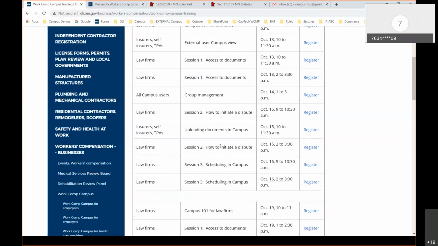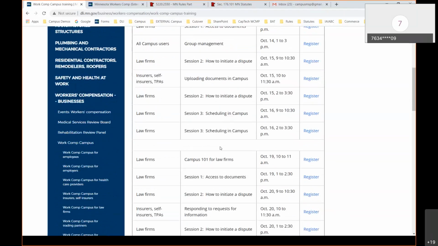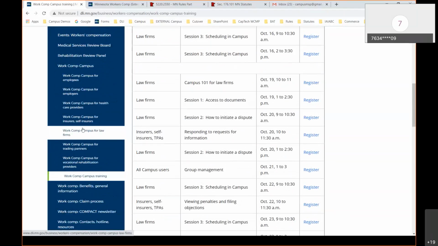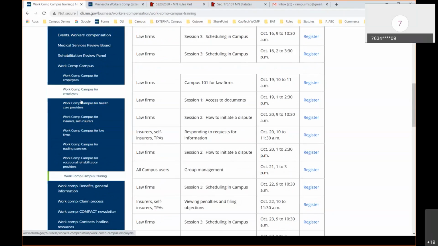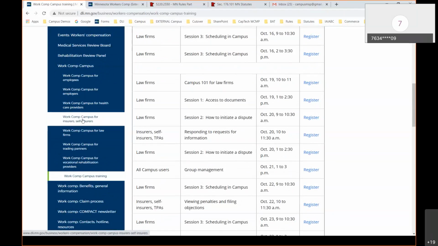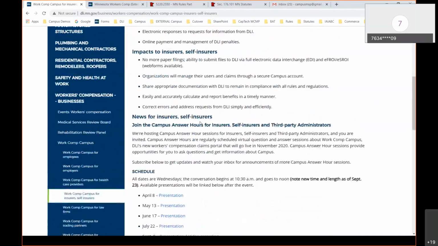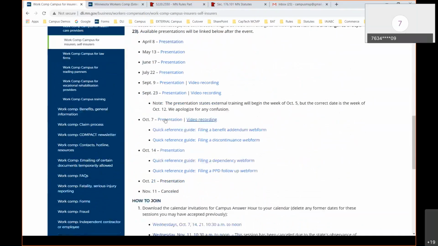We talked about those last week, so I'm not going to go into all of those. But I did want to mention that on the side here, you can see the different Work Comp Campus pages for different stakeholder groups. So you might find yourself in the insurers and self-insurers or in the trading partners. You can click on either one of those two to get to where the documents I'm going to show you are. I think Angie might be putting a link up as well in the chat. But if you click on that link there, you can go right down and see the presentations and video recordings from past answer hours. So last week we had attached it to the meeting invite, but I do know that